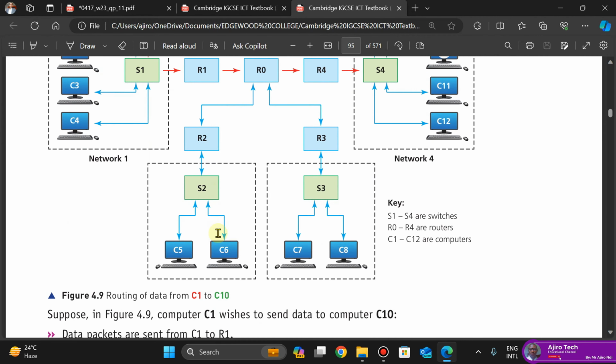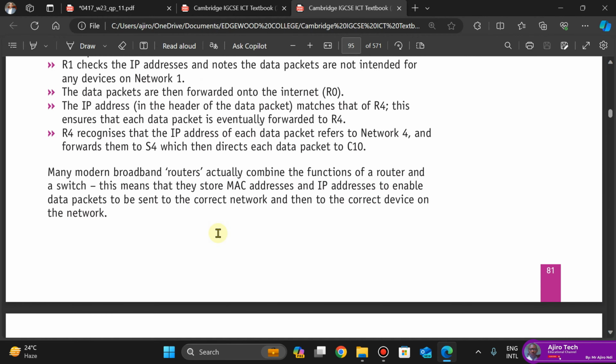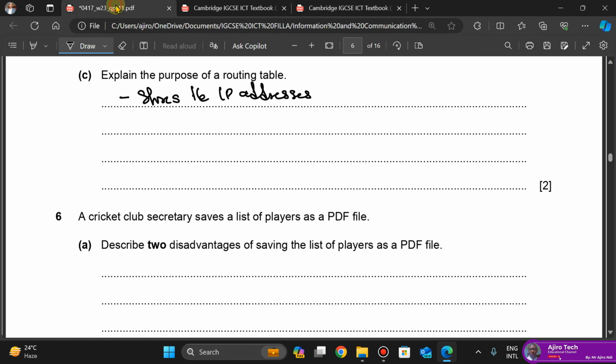The routing table or the modern broadband router actually combines the function of a router and a switch. This means that it will store your MAC address and IP address to enable data packets to be sent to the correct network and then to the correct device on the network. This is why it stores the IP address, it also routes the data packet to the correct device. So the routing table